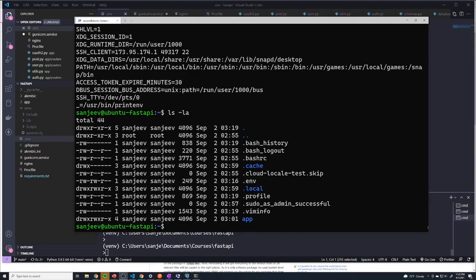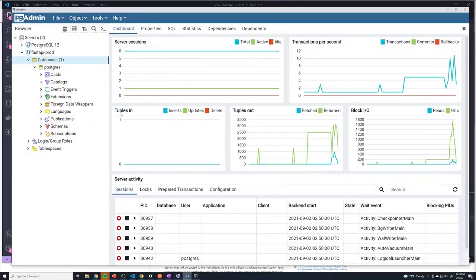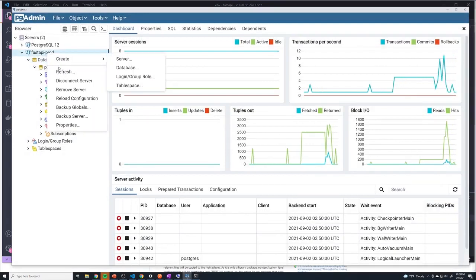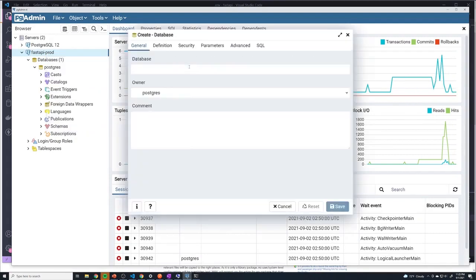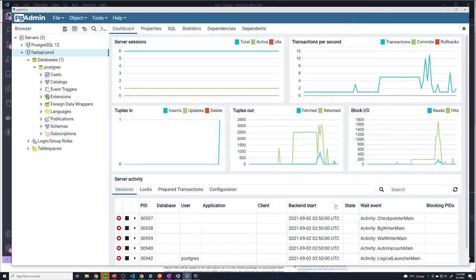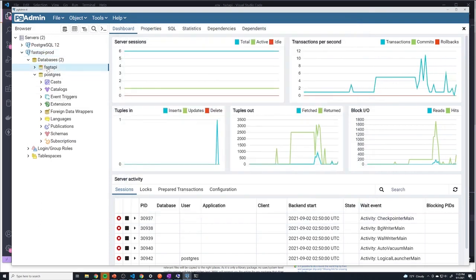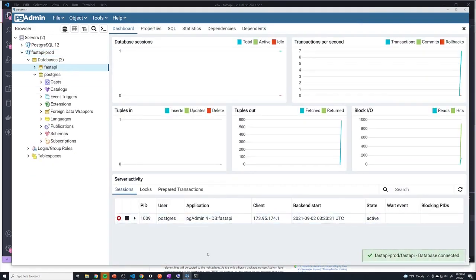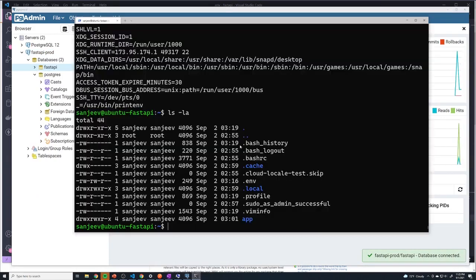All right, so since we can connect to our Postgres database, let's go ahead and actually create the database within this machine. So I'm going to select, right-click here, and I'm going to say Create Database. Call your database whatever you want. I'm just going to call it fastapi to keep things simple. And so now we have our database once we click on it, and so now it's up and running. And so since we have that information and we have the information for connecting to our actual Postgres instance on this machine, let's update these environment variable files so that they are accurate at this point, because I believe they're still pointing to whatever our